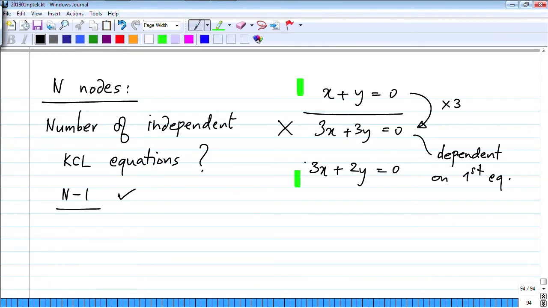This is the correct answer. There are n minus 1 independent KCL equations, and that's because,